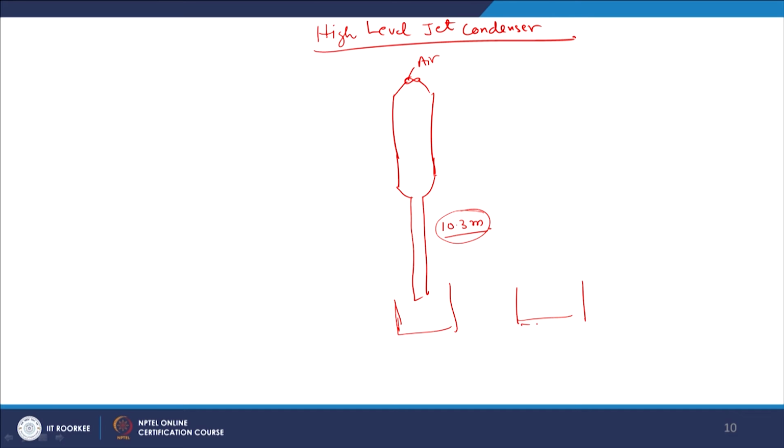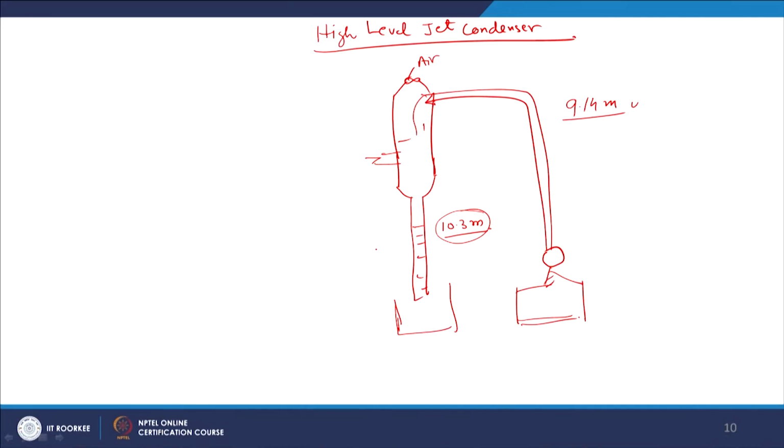Now cooling water is coming from a separate well through a pump, and from the pump it enters the condenser, the process is the same. Here steam is coming from the exhaust, they get mixed and they are drained off. But here a pump is not required. In this case a pump is not required. That energy can be saved here, and normally the water column is not more than 9.14 meters. For the most efficient high level jet type of condenser, the water level here is normally 9.14 meters, but still we take it more than 10.3 meters.